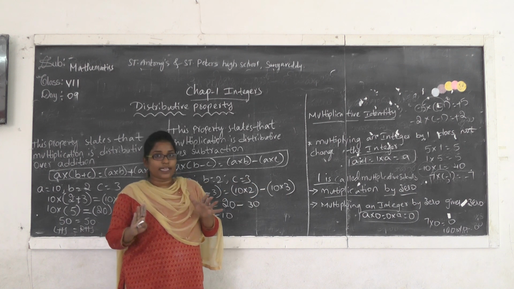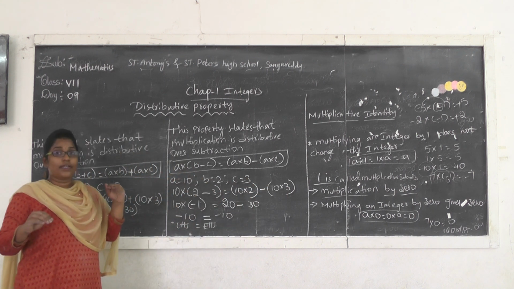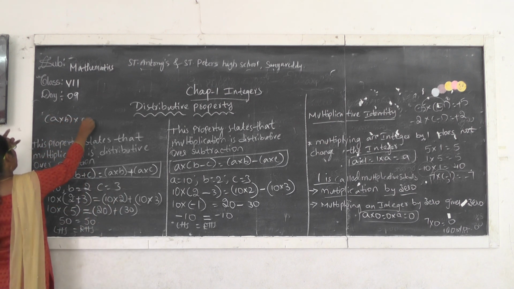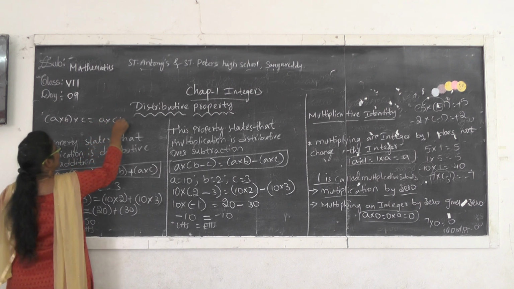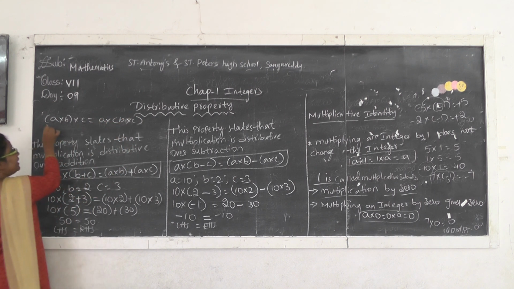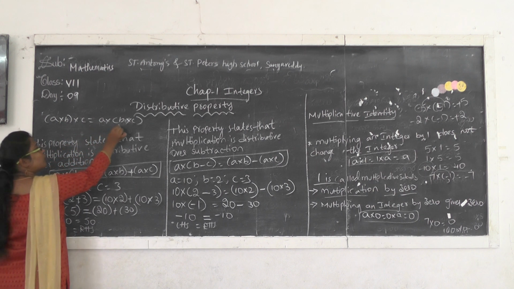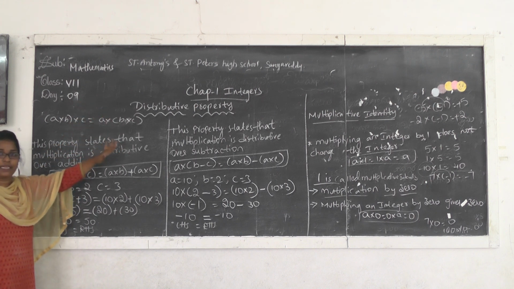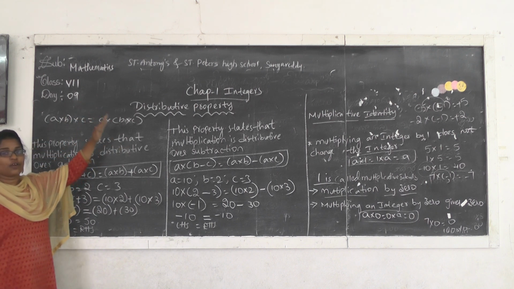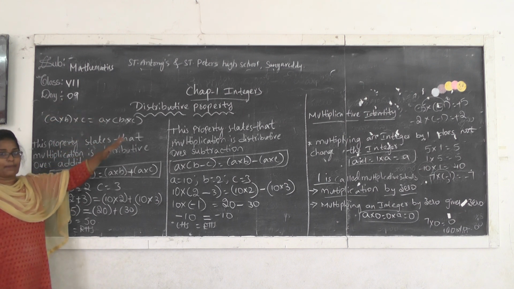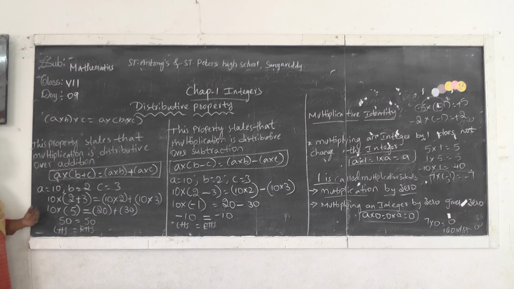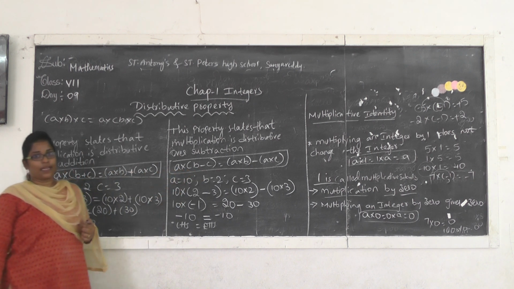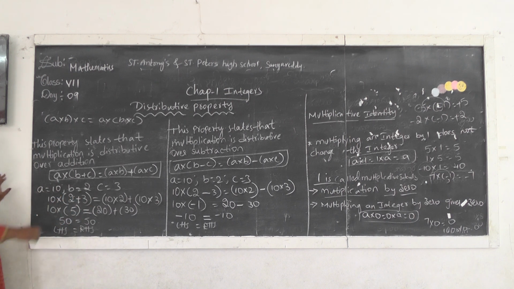Yesterday we discussed associative properties also. Similarly, we solve with 3 terms only, but in the associative property we perform only one operation. Look here: (A into B) into C equals A into (B into C). Here on both sides we are doing only the operation of multiplication. Either we do only addition or only subtraction. But under the distributive property, it is multiplication over addition, and multiplication over subtraction combined. I hope that you understand what the distributive property is.